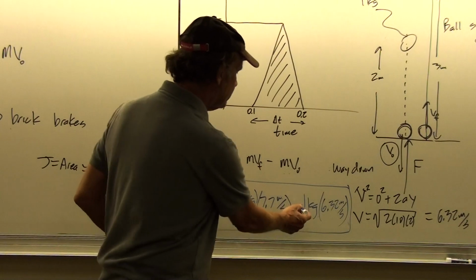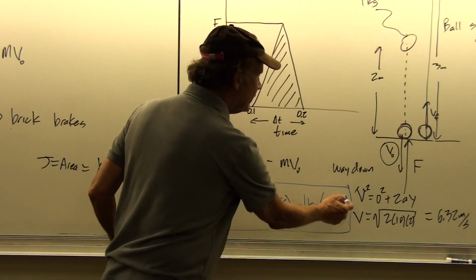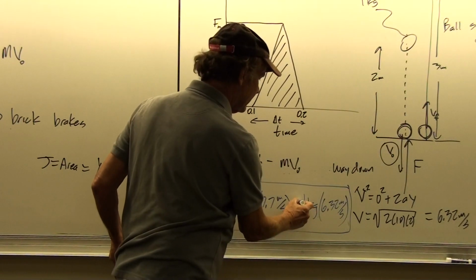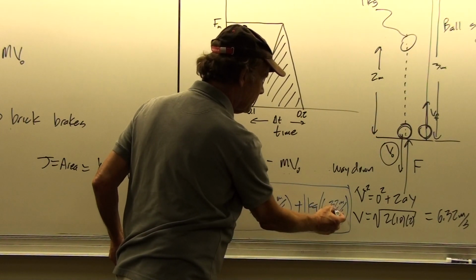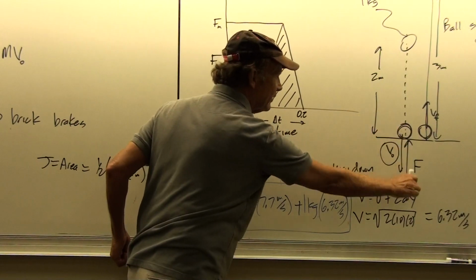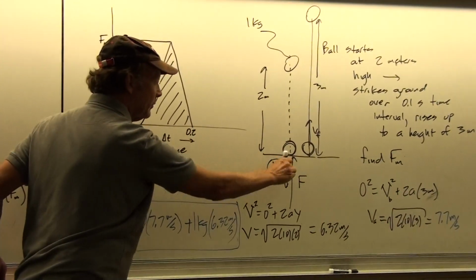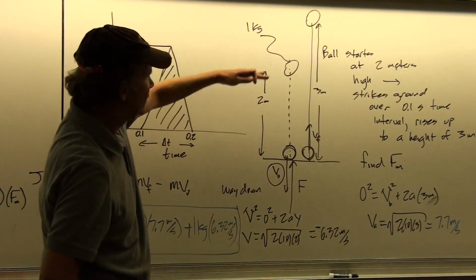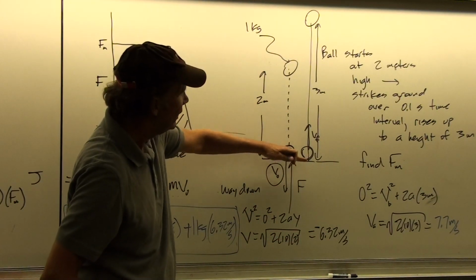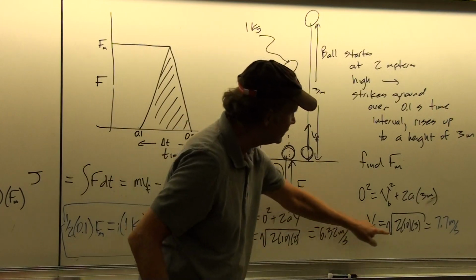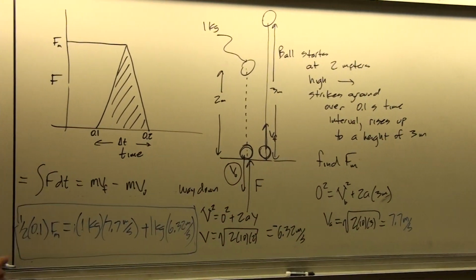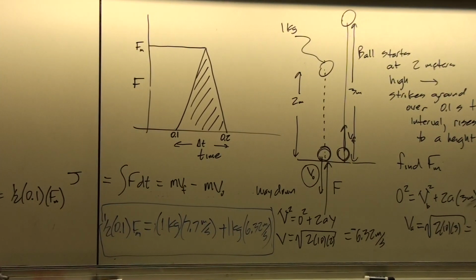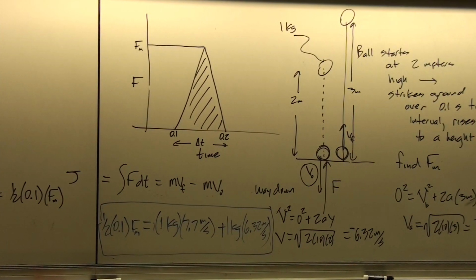Okay, now here we have to be careful because this momentum vector is pointed down and this one's pointed up. So this is actually a negative value here. The 6.32 is negative if we call the force direction the positive direction. So really this should have been given a negative sign because the ball has to go all the way to 0 and then from 6.32, then all the way back up to 7.7. So this is minus a negative there. And so that's an easy place to make a mistake.